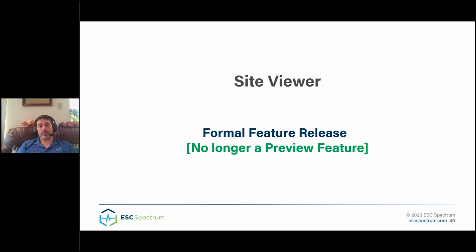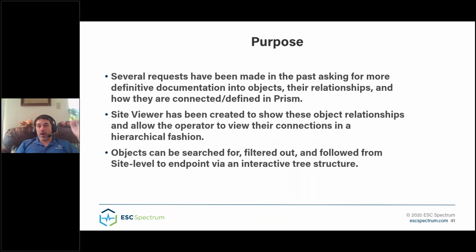All right, site viewer, no longer a preview feature. As I mentioned before, we have this concept of preview features where you can sort of see the beta version of something. We just want to get it out there so people can start playing with it, but we hide it behind this preview feature option. Previously we introduced this thing that is,